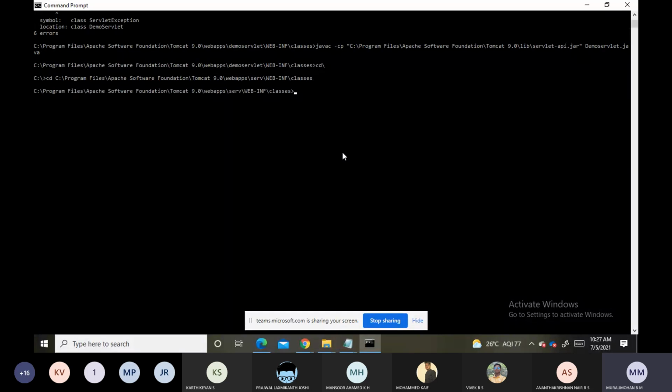See, the path has changed: C, Program Files, Apache Software Foundation, Tomcat 9.0, webapps, serve folder, WEB-INF, classes. Inside that we have the Java file. Here we should give the compilation command. Clear? Any doubt up to here? Kindly respond, please.